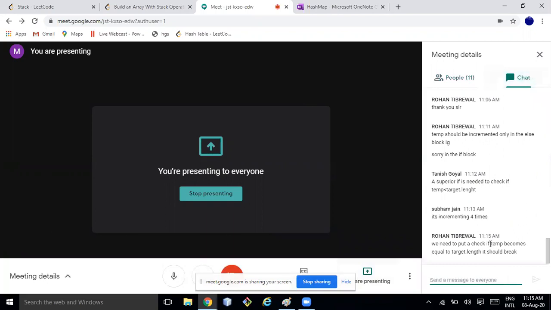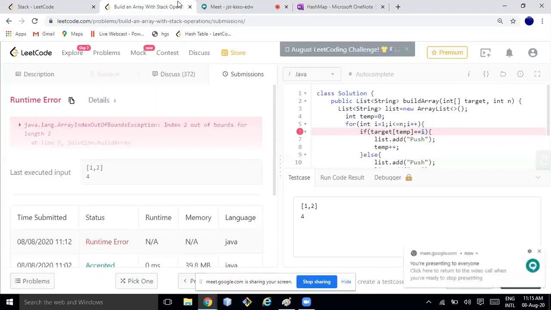Rohan is suggesting we need to put a check: if temp becomes equal to target dot length, it should break. Yes, that is the condition. That's what I was expecting. Okay, so here if I add